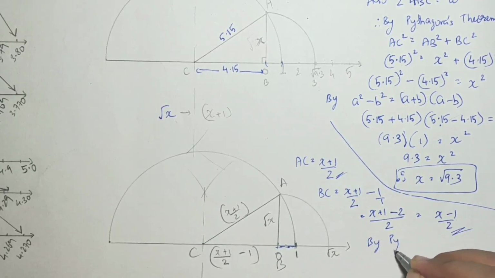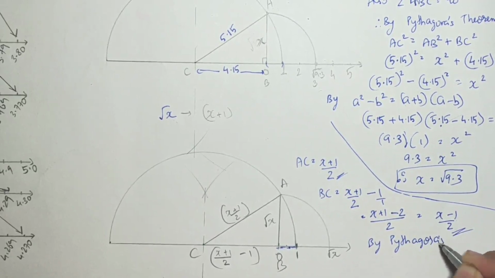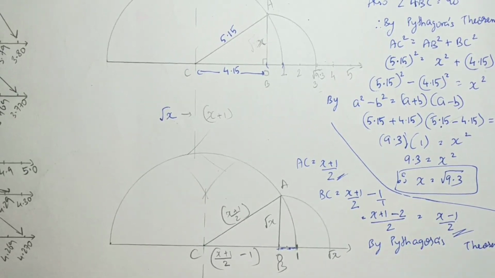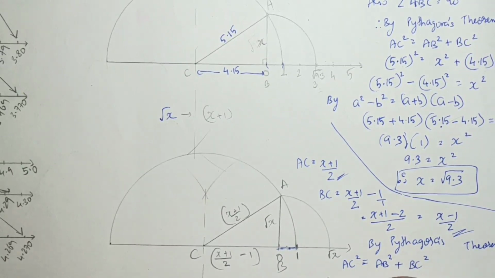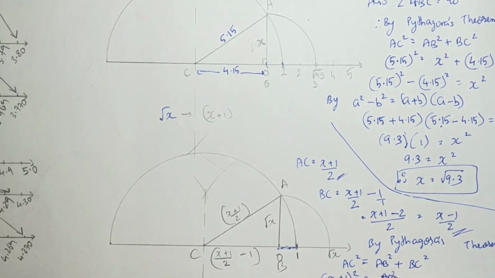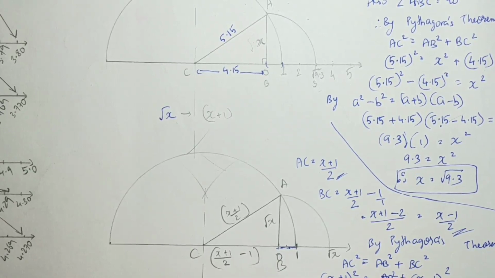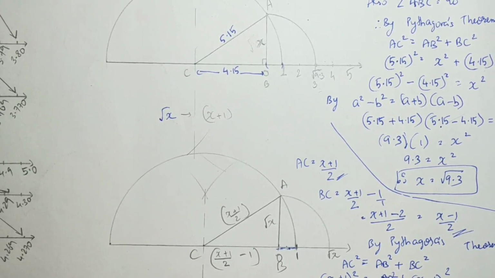So by Pythagoras theorem, we have to prove this to be root x. So we will take AB as AB only. AC square equals AB square plus BC square. AC is ((x plus 1) upon 2) whole square. AB we don't know, so we'll write AB square as it is. BC is ((x minus 1) upon 2) whole square. This ((x minus 1) upon 2) whole square will go on the left hand side. So this will become ((x plus 1) upon 2) whole square minus ((x minus 1) upon 2) whole square equals